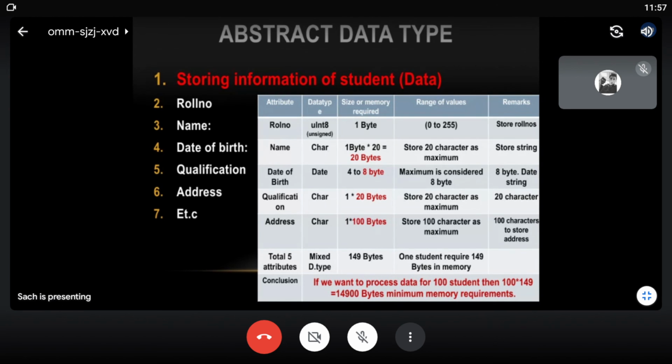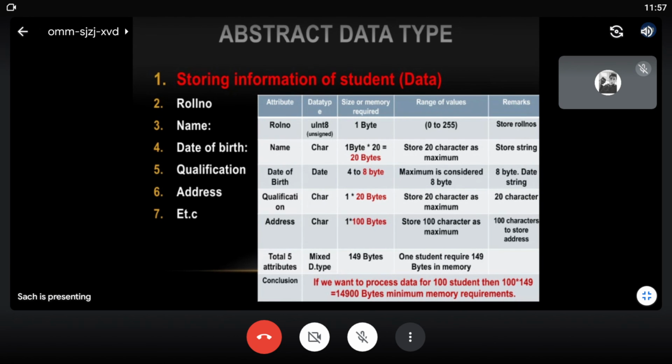So now it is not just a matter of writing a program. I am writing a memory efficient program. That is the skill a programmer gains as we move to higher versions and understand programs deeper and deeper. When we have to store student records of an entire college, which may have about 1,000 students, you have to calculate 149 bytes into 1,000, and that will be the minimum memory requirement.